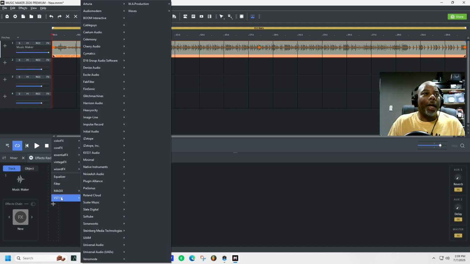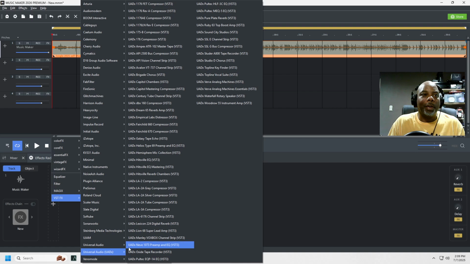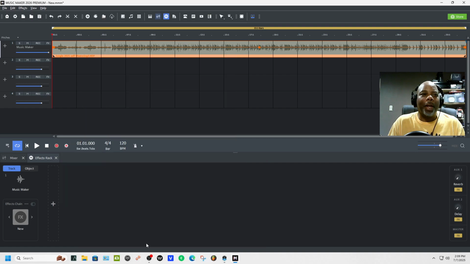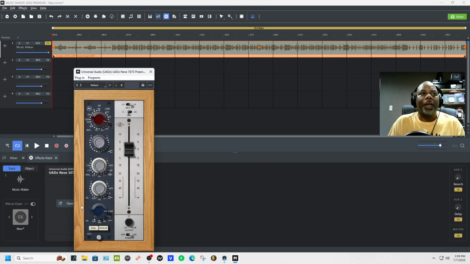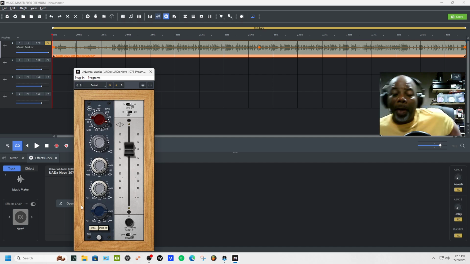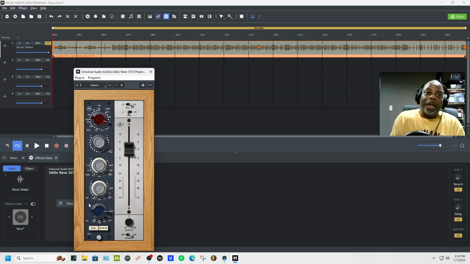When I go in here and say, hey, give me something Universal Audio-ish, right? Let me see, do I got this one? The Neve, open plugin. There we go. Universal Audio, the Neve stuff. Like, yes, you get to use it in other DAWs, and it works well with Luna. I'm just not running Luna right now.